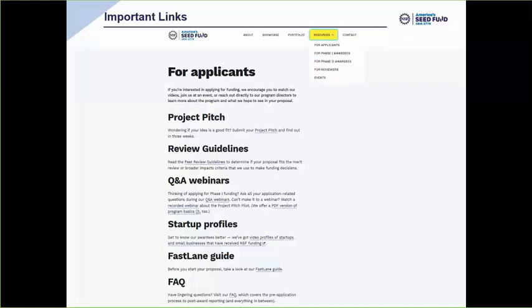I mentioned to you that there are other resources available to you, and this is a screenshot of our website. And at the top there, you'll see that resources drop-down menu, the resources section. If you click on the 4 applicants,